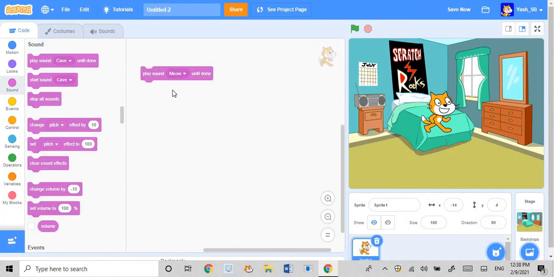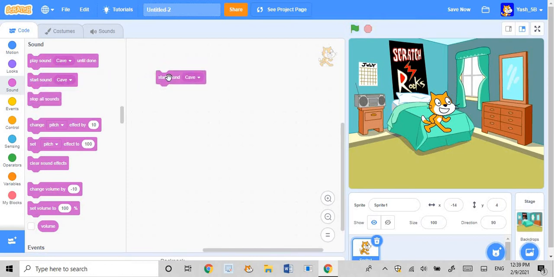And now if I go to cave, you can see that it is playing the sound. Maybe that's a bit too loud, so I'll reduce my volume. You can see that it was playing the animation, and this has shown. You can stop it.